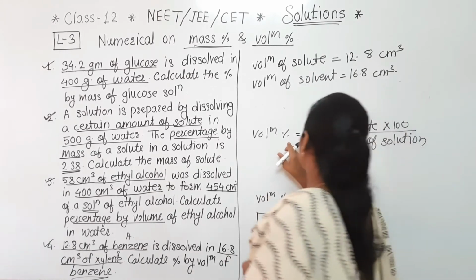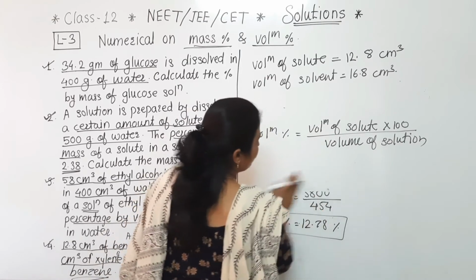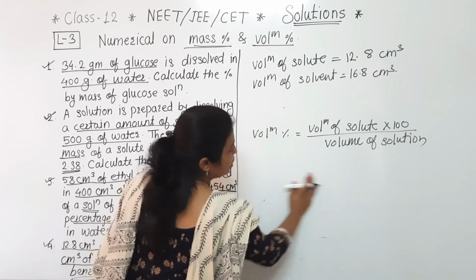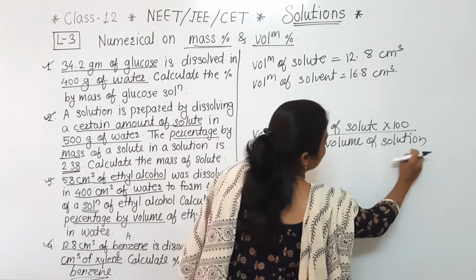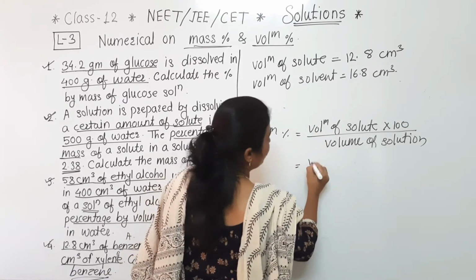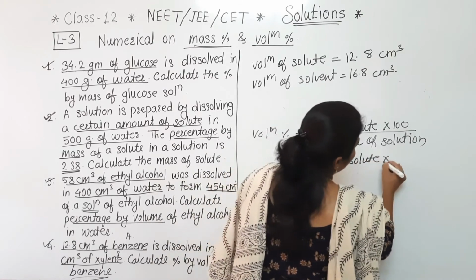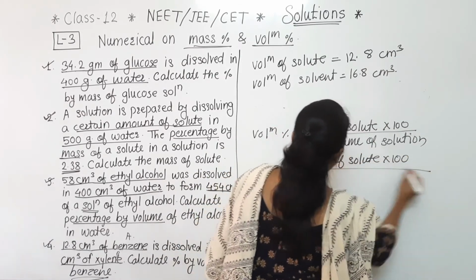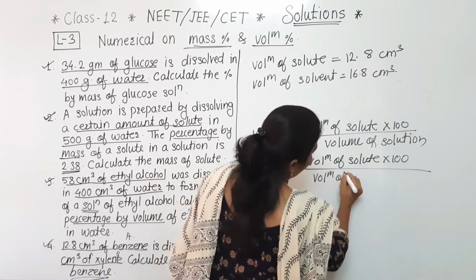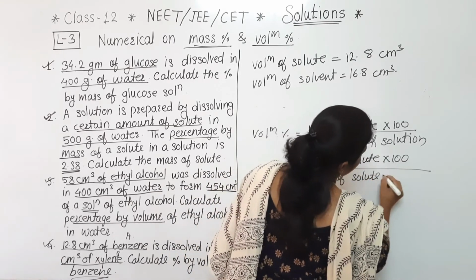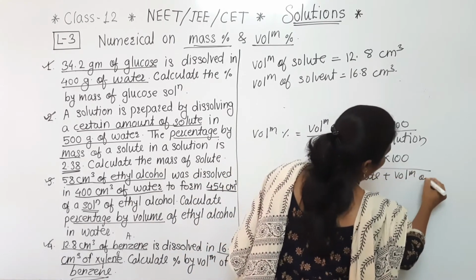Just we have to write that same formula. In that, what is the value of that solute and solvent, that we have to take instead of that volume of solution. So volume of solute into 100 divided by volume of solute plus volume of solvent, that we have to take,